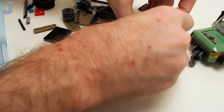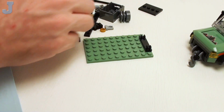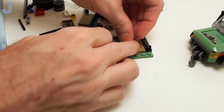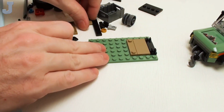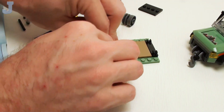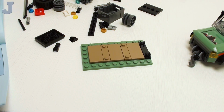Looks like we're getting ourselves some kind of a utility rack put on the top of this. Oh, Lego, we didn't put stickers on these tiles. Oh, that's kind of sad. Okay, I don't think I have any 6x10s in this sand green color, so that's kind of cool to see there. Okay, and then